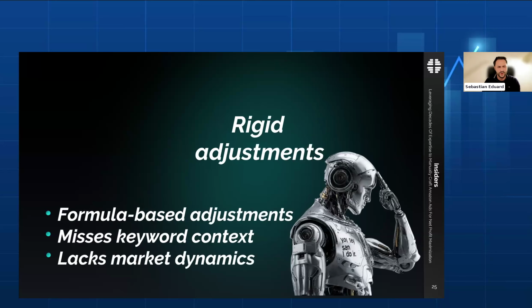This one is quite critical in my opinion. Software typically uses percentage-based bid adjustments without considering standard deviation, keyword context, and more importantly, market dynamics. I'll give you a simple example here. Say Monday morning, your sales suddenly drop and ACOS goes through the roof, right? Software might increase the bid to maintain sales, or if the rule is such, just pause the keyword for poor